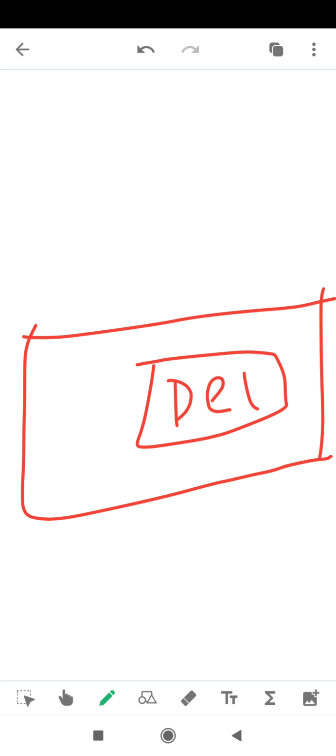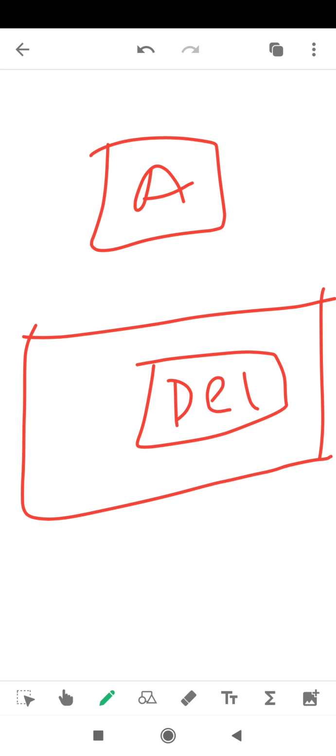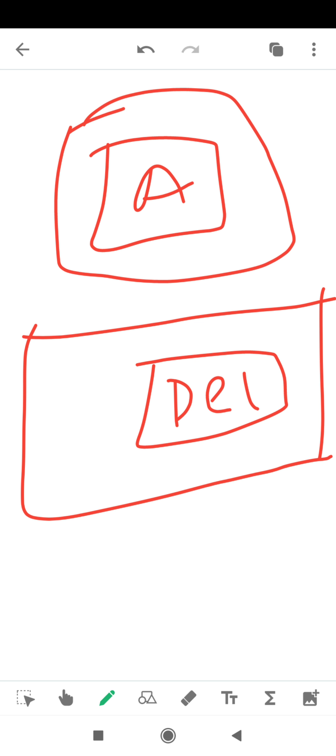If you click on this delete key, suppose this is a folder A on your computer monitor. You want to delete this folder, but you don't need to right click on it. If you want to delete it permanently without using right click, you will just select the folder using left click.